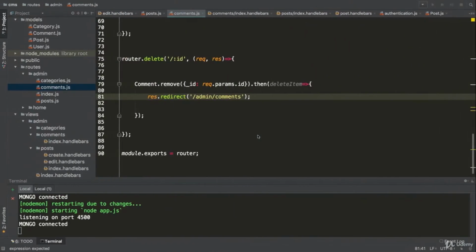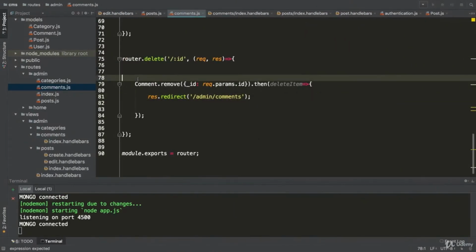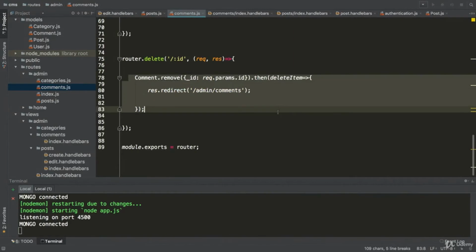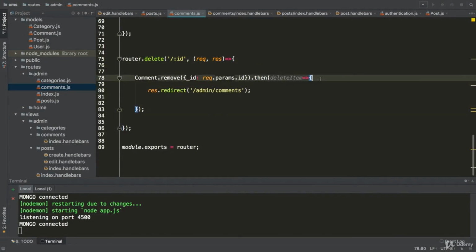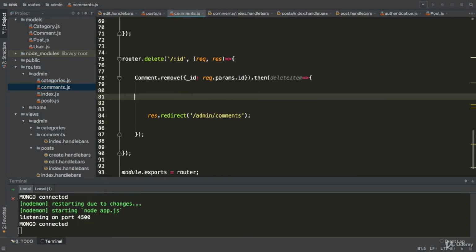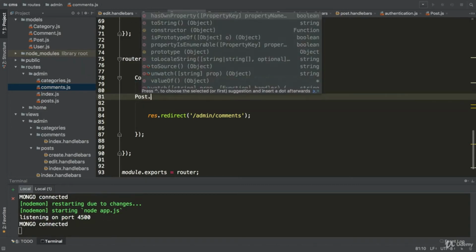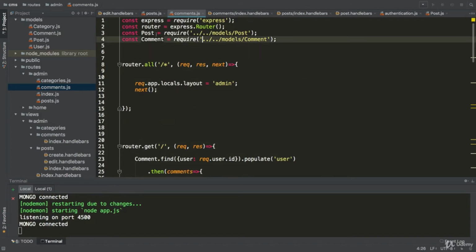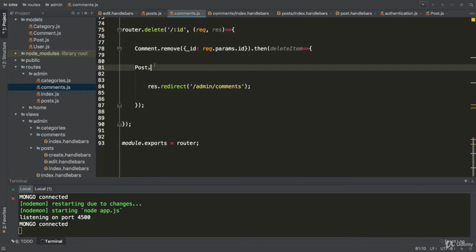So how are we going to do this? Well, the first thing is removing the comment. That's done. But then we get this promise here with the comment that's being deleted, or with that result, and we want to do something with it. So we want to go to the post and make sure that you have that model required on top, and we want to go ahead and say find